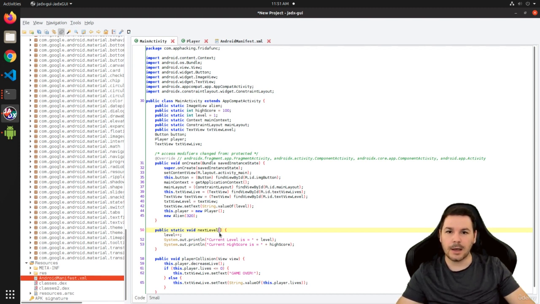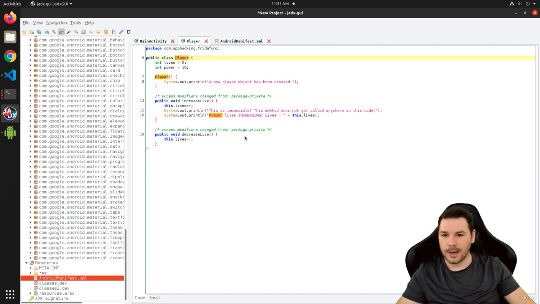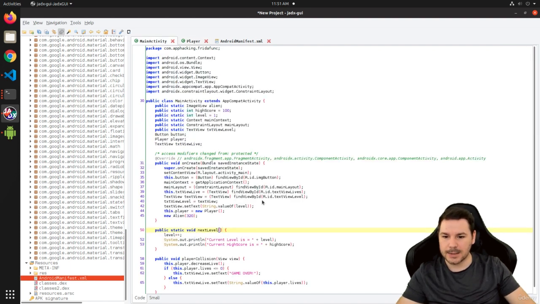and therefore we can simply trigger it in this way. If we now take a look into our player class, there we can see that if we want to call a method, for example increase life or decrease life, these are not static, and therefore we have to create an object first. And this is exactly what happens in our code. Within the main activity we are creating this new player object. Now we have this player instance,